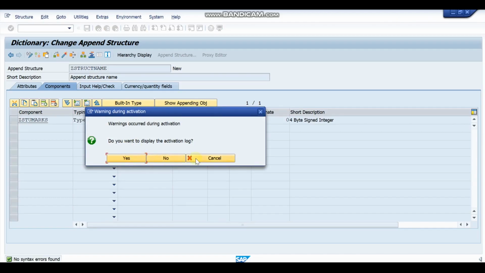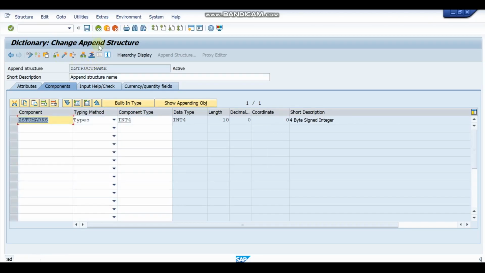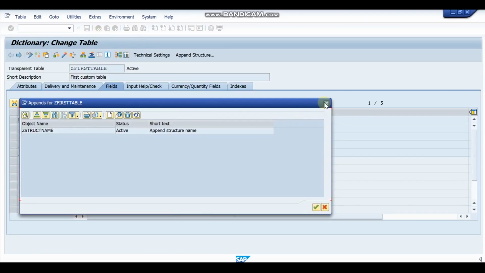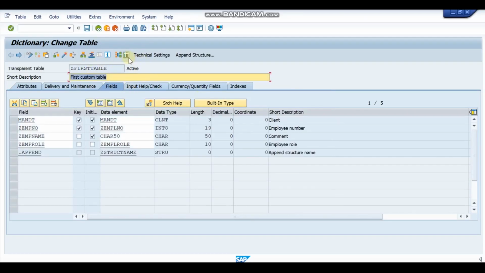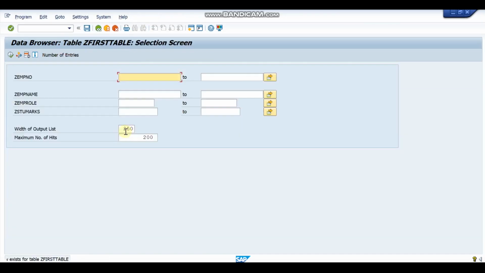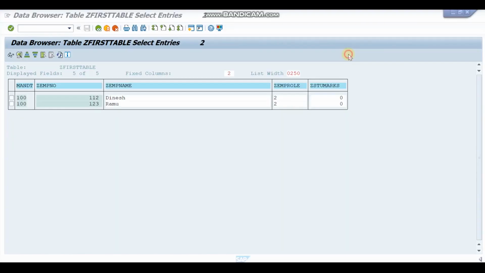Okay, these are warnings, no need. Just go back and click on contents. If you see here, your table has this student marks also available now. And if you execute this one,